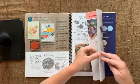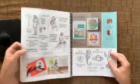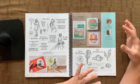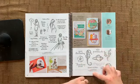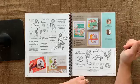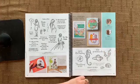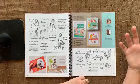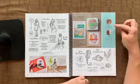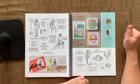Next on page 139. Where are we? There we go. They give us some technique snippets in this as well. So on page 139, it's using the new Seaside Notion stamp set. And in this case, it's showing you how to do the mirror image, which is a fun technique. It stretches your stamp sets even more and really showcases them and all the possibilities. And it shows you a couple things that you would need to make these cards. But over here, it shows you step 1 and step 2, how to go about making that mirror image